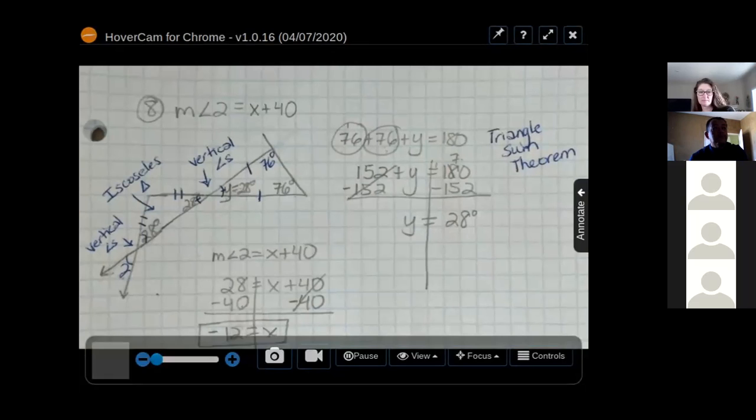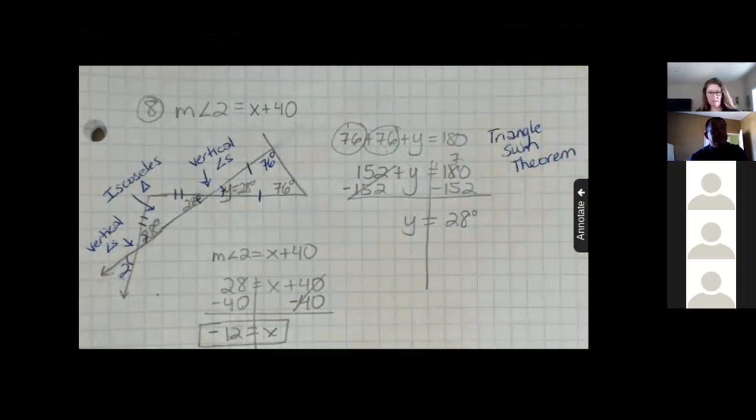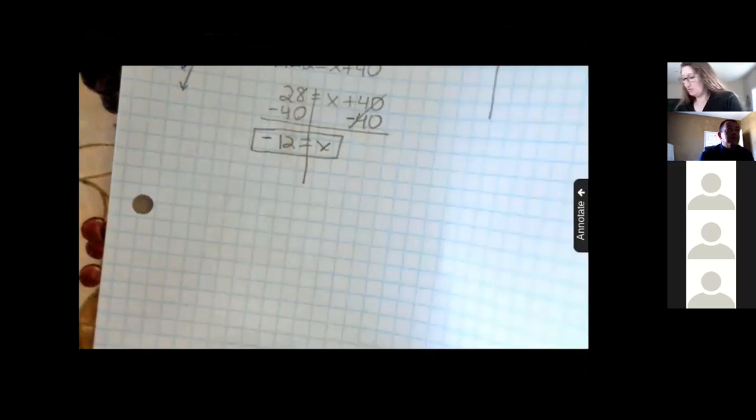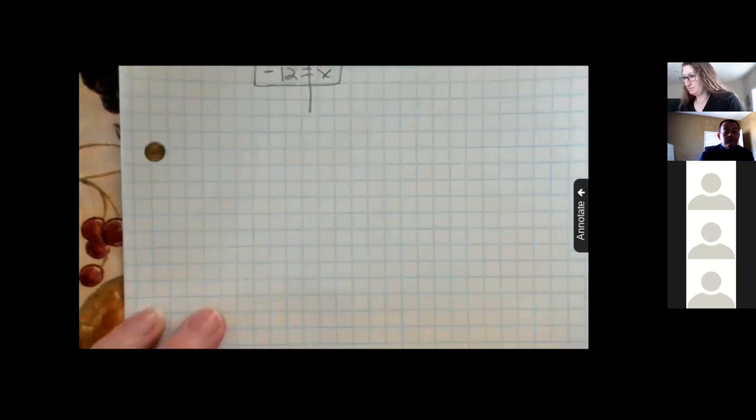Can you explain number 2? Yes, I can. Okay, so number 2, and let me see if I can remember to do it where I can show you what you need to look for, like I did yesterday. Okay, so